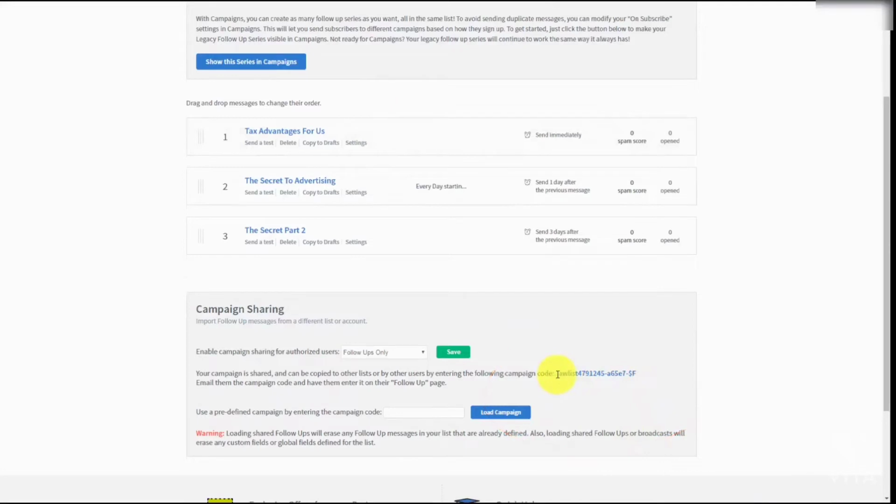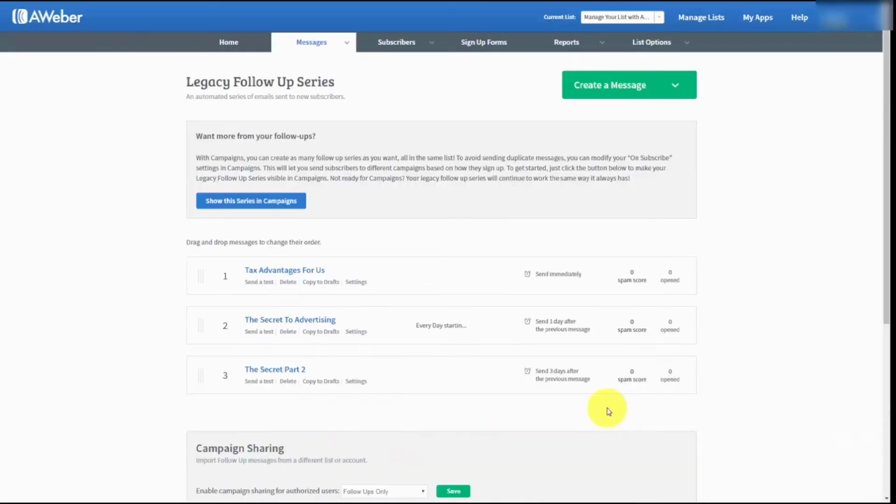What this means now is that we can actually share this campaign code with someone else who wants to use the same messages in their business. And they would do that by coming to their Aweber account and loading that campaign code in this space that says use a predefined campaign code. So the messages that we are